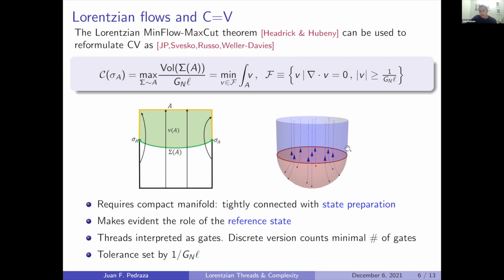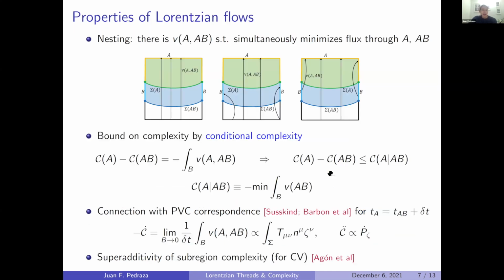We can also say something about the tolerance in the discrete version. It is equivalent to the transverse volume that these threads will have. And this is essentially the minimal unit of volume that we can resolve with this prescription. There are a number of properties that follow from the